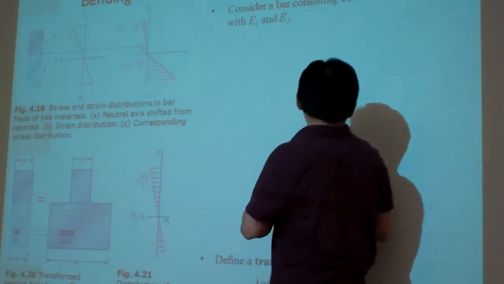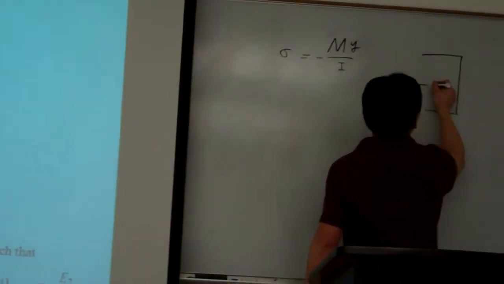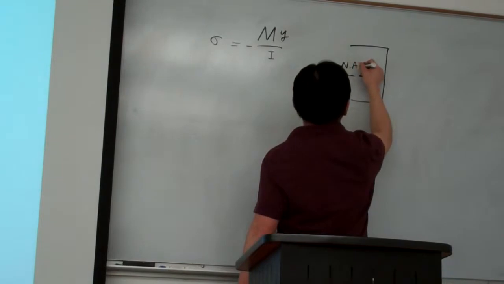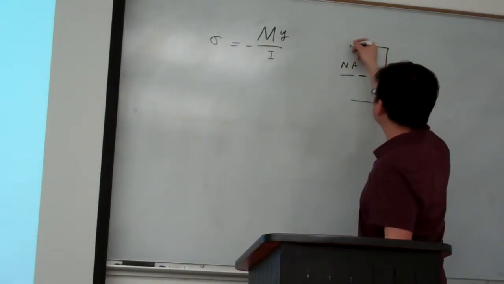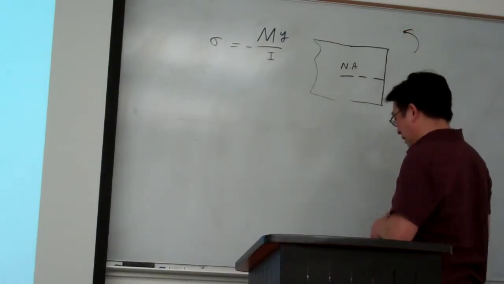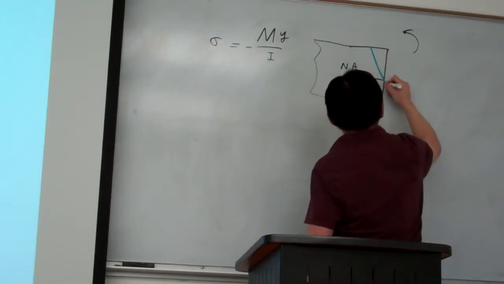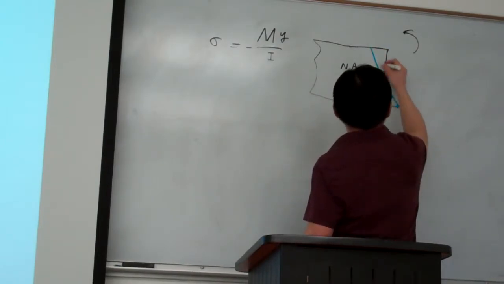And in our problem, if you remember, this is for example the neutral axis, and this is the beam, a portion of the beam. So the bending is like this, and for this case, we know that the distribution of the stress must be like this,